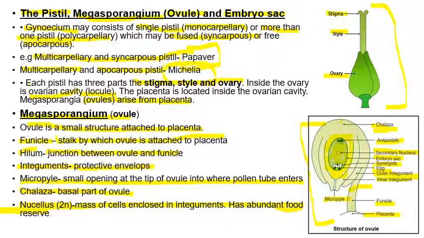Secondary nucleus is actually called the central cell, and it has two nuclei, called polar nuclei. Two male gametes come from the male body: one fuses with the egg and forms the zygote, and the second fuses with the secondary nucleus, meaning the polar nuclei. We'll discuss this later because that is called double fertilization. So here we have discussed the megasporangium, the gynoecium structure, then the microsporangium structure, that is the ovule, and all the layers and parts of ovules.